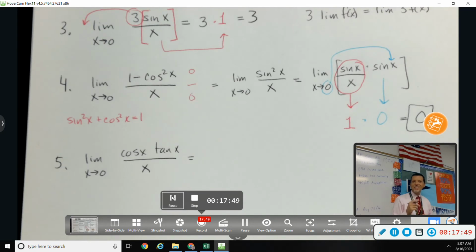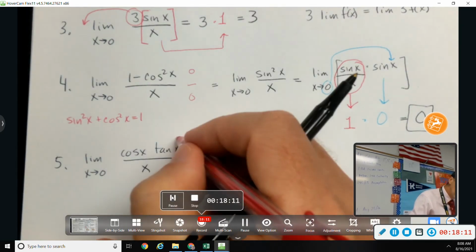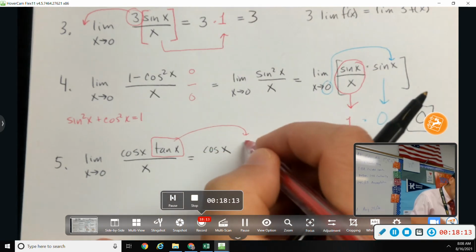The glimmer of an idea was there, Natalie? Kind of. What was it? Would you do tangent and then is it cosine and sine? I don't remember. Okay, you're on the right track. What is tangent equal to? Sine over cosine. Okay. So you were thinking right. I'm going to replace tangent with sine over cosine,